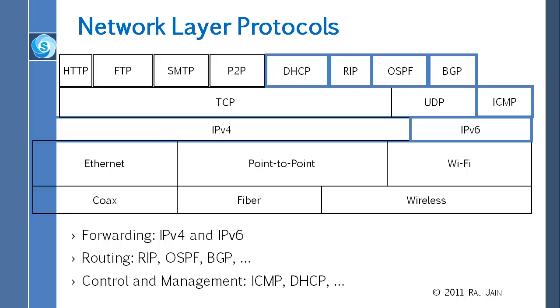And by the way, this data control and management applies to every layer. At the transport layer also we have data control and management. At the application layer also we have data control and management. At the second layer, which we will come to later, there is also data control and management. So for example, when you do HTTP, there is data control and management. Why? Because data is what the user sent, control is what is added by the system, all the headers,